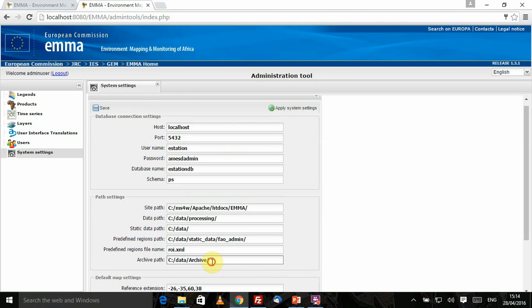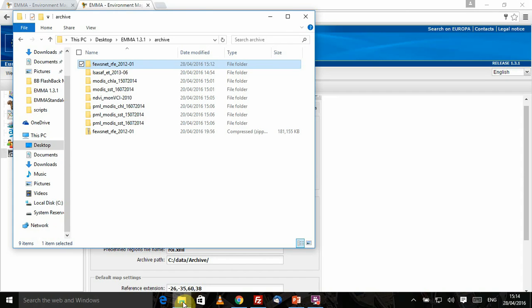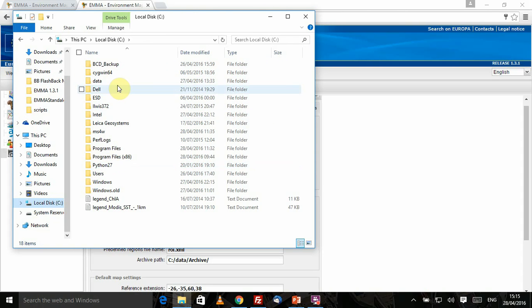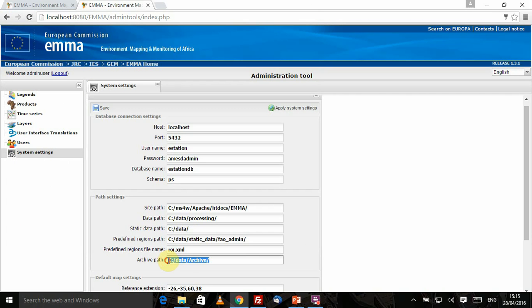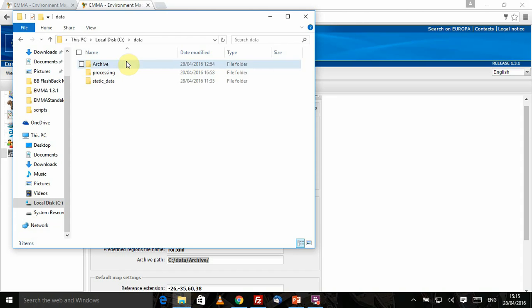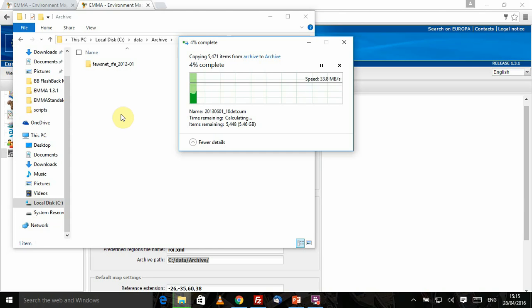Okay, so since we know the path for the archive data, we're now going to copy all the extracted products, and we're going to go to drive C, into data, and into, you see over here, C, data, and archive. We're going to place all the archived products that we've extracted. We're not going to put the zip files, but rather the extracted files into that particular folder. That's why I extracted the example first, being the FuseNet, and now we're going to paste them into this particular archive folder. Okay, so whilst that is copying,